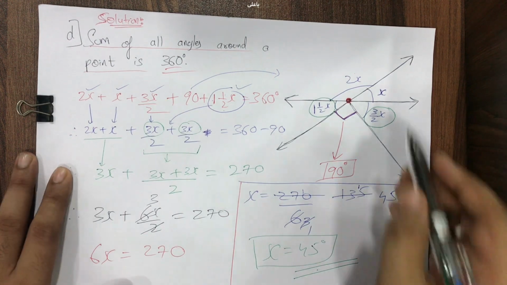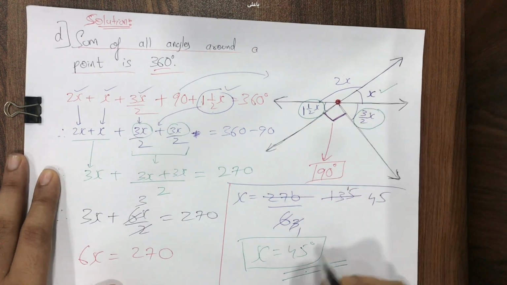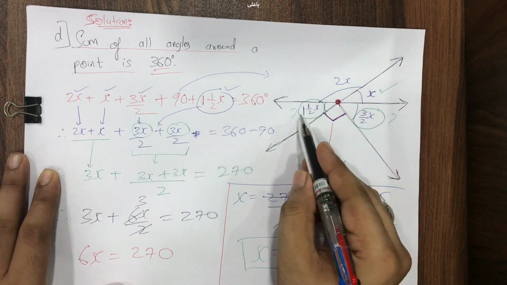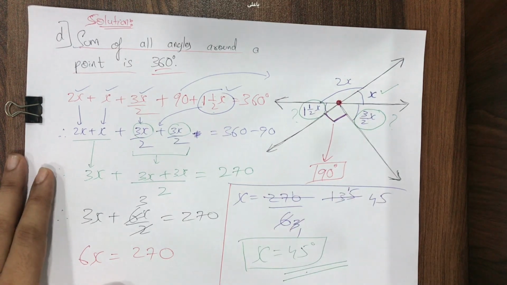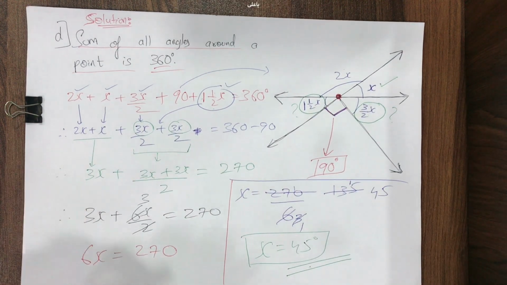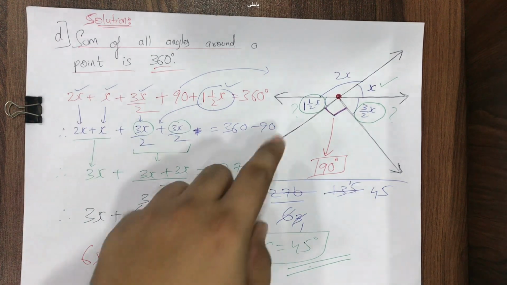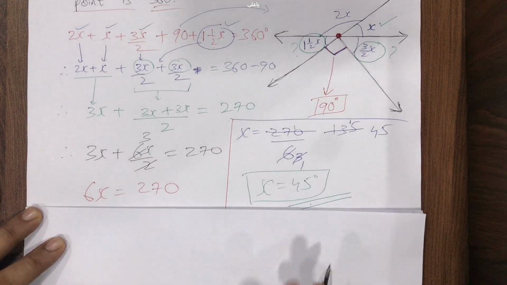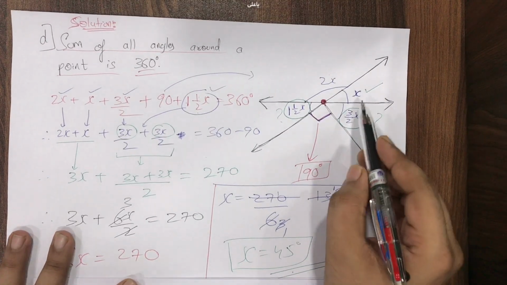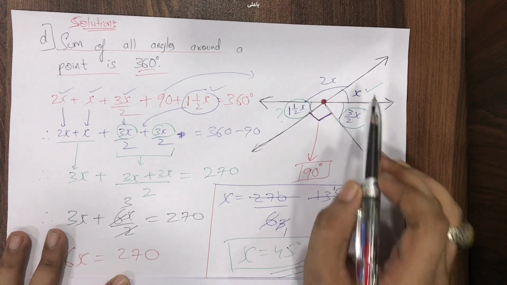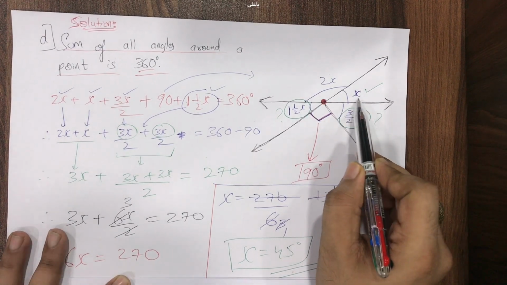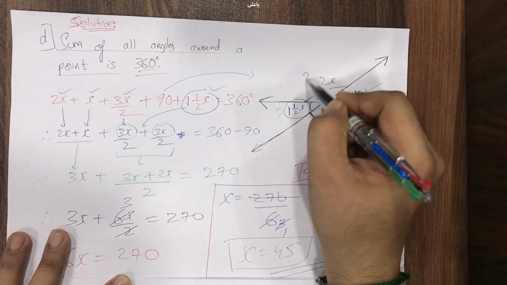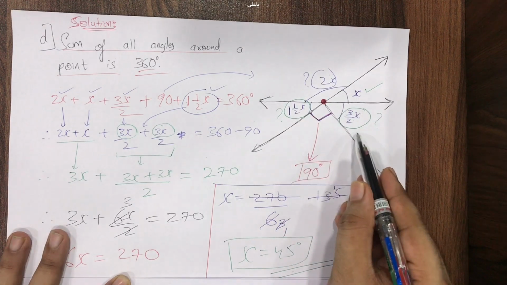Okay, so as one of the angles is x only, great, I got the value x is 45 degree, but I need to find the values of these 2 missing angles also, which is 1 upon 2 x and the other is 3 upon 2 x. So that we have to do. First complete till here. Pause the video please, complete up till here, and then we'll find out the remaining 2 angles. Okay, so now let me find out the required angles. There are 3 angles we need to find. One is x. Oh sorry, actually there were 4 angles. One is x, we found out 45 degree. This 2x is also there. I did not see it first. So we need to find 2x, 1 upon 2 x, and another is 3 upon 2 x.